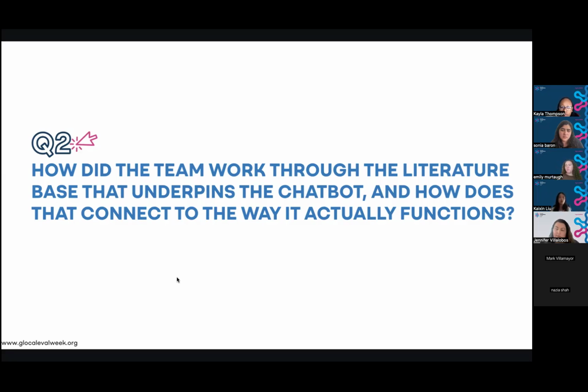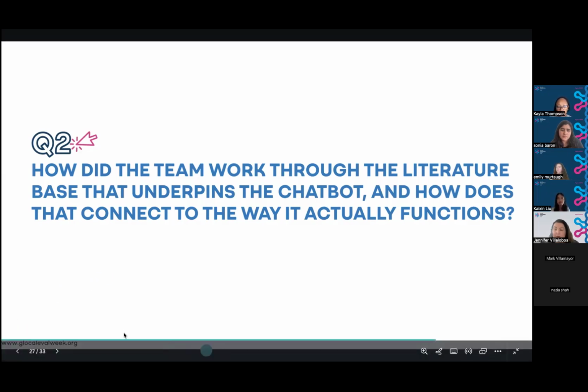Moving forward, with future iterations and knowing how to better reword the questions, we might be able to align the literature with our findings a little bit more. Okay, great. Does anyone want to build on that?